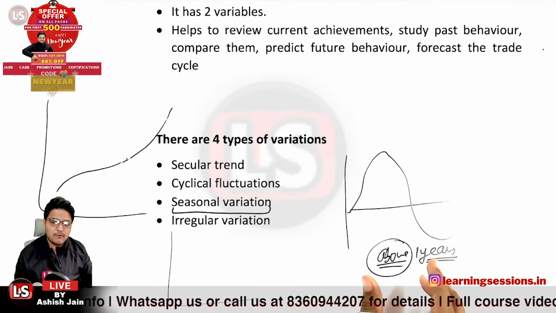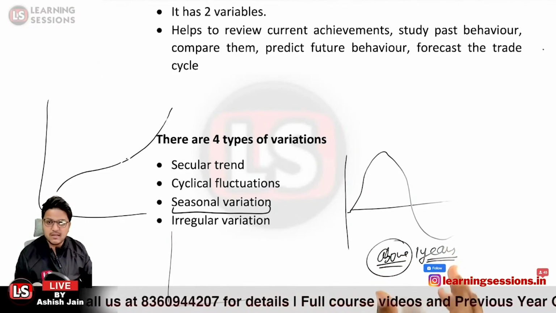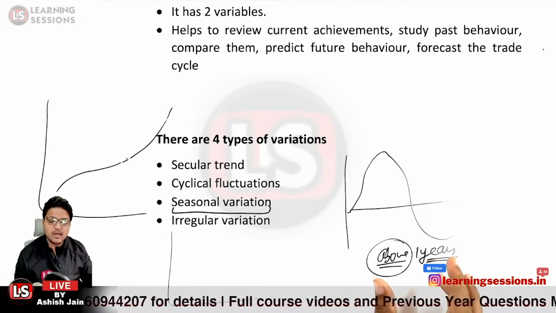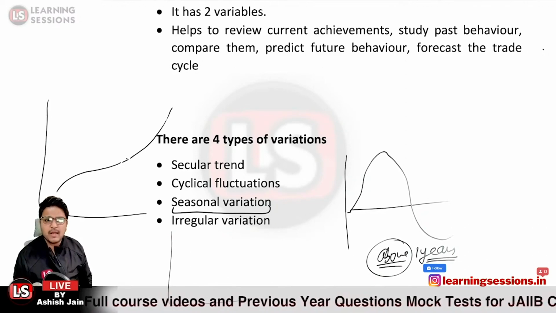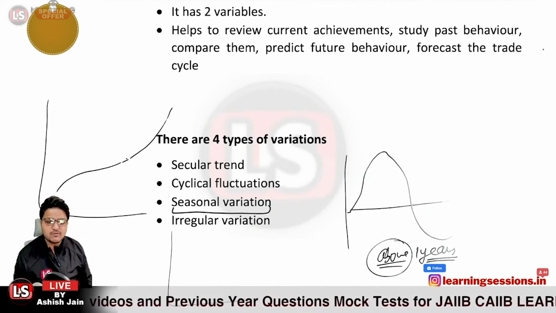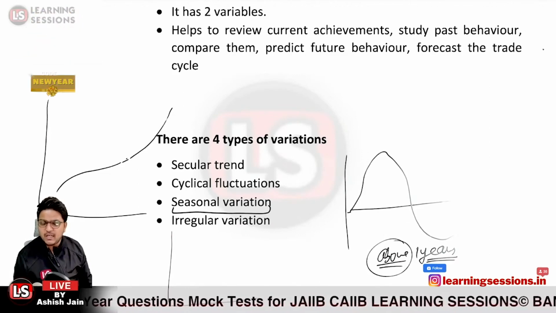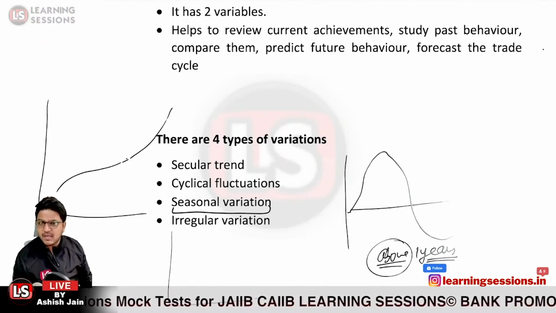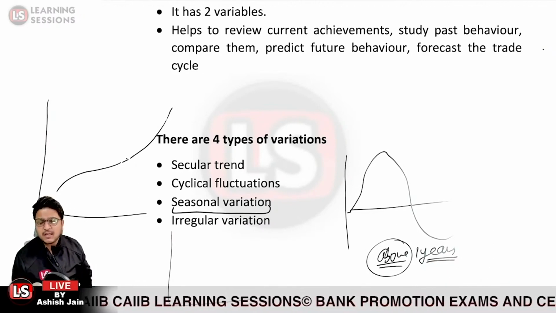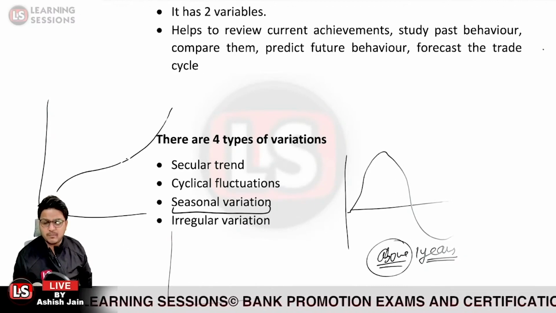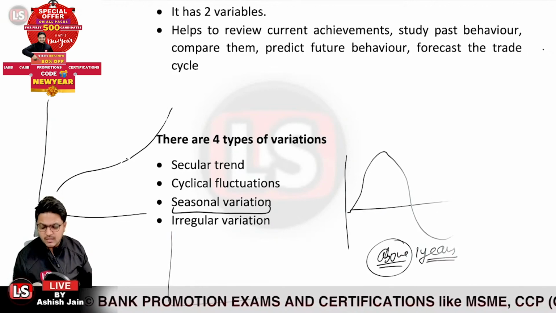But in the case of cyclical fluctuation, even though it is the winter season, your demand is still less. The demand in the market is still less. That is related to cyclical fluctuations. Then there are irregular variations, the variations which we cannot predict. Let us take the case: COVID-19 came, or there may be a landslide or any natural calamity which cannot be predicted. That is related to irregular variation. Is